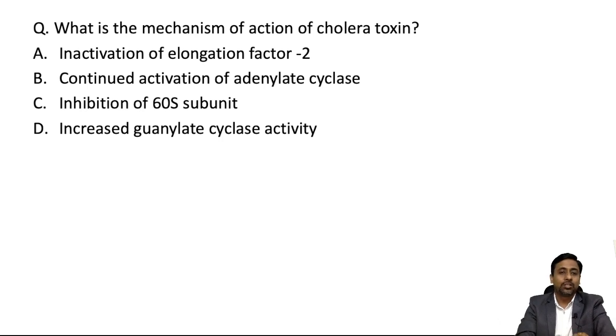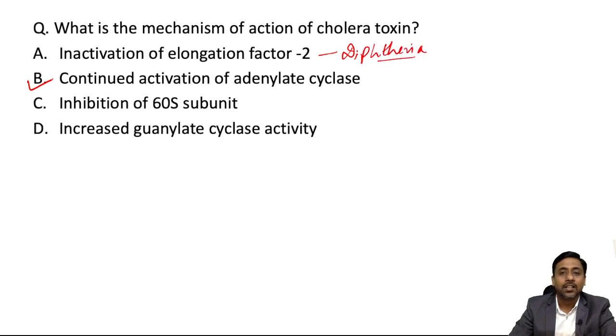So the answer to this question is continued activation of adenylate cyclase. The first option, inactivation of elongation factor 2, is seen with the toxin produced by diphtheria. And inhibition of 60S subunit is seen with the toxin, that is the Shiga toxin, produced by STEC or